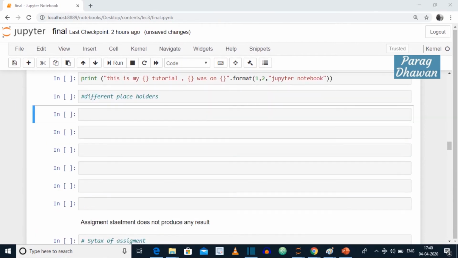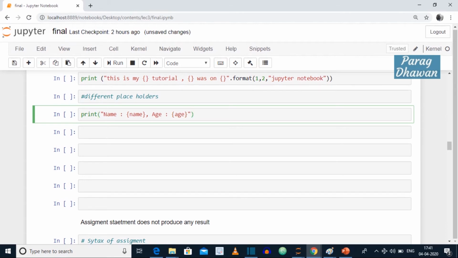Now the syntax of the format method with different placeholders. We'll write print, click on the cell, give the statement print, and we pass a string with placeholders. In the first case, I am giving a string: name colon and a placeholder with the placeholder name, comma, age colon, and a placeholder with the name age.